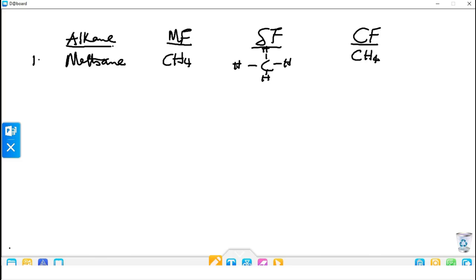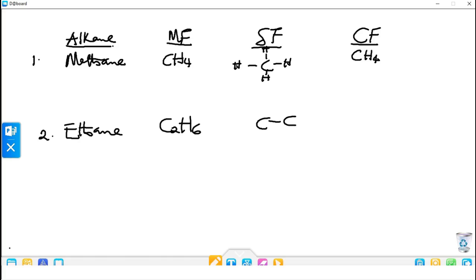Next, we'll be talking about ethane. Let us see ethane. Ethane has a molecular formula C2H6, because ethane must differ from methane by a CH2. So since ethane is C2H6, what will be the structural formula? There are 2 carbon atoms in ethane,